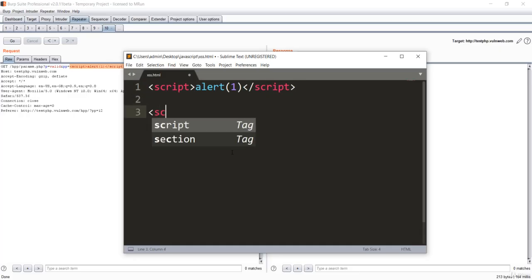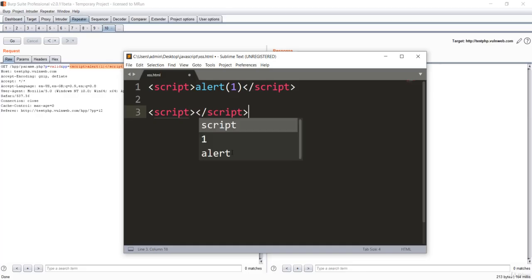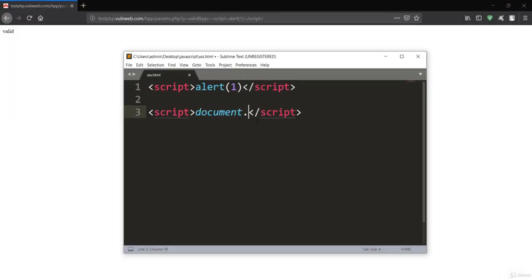First of all, it would be script, because we want to inject JavaScript code right here. Instead of this alert message, we want to get the document, which is basically the web page responsible for showing this page, and we want to get the location. This is basically for the URL.